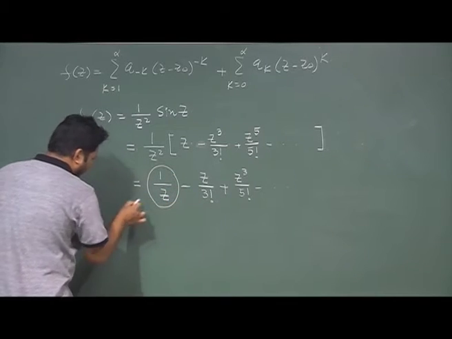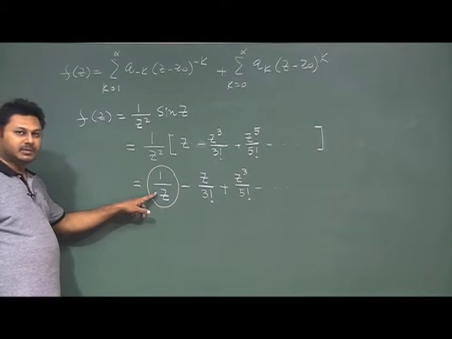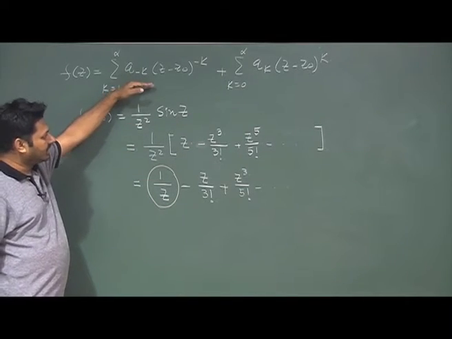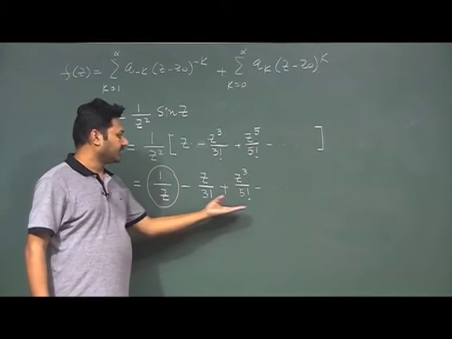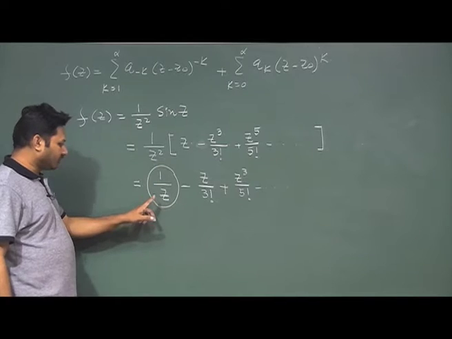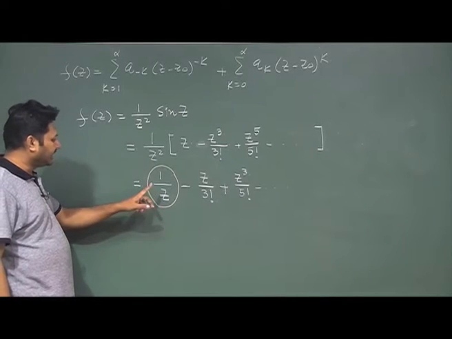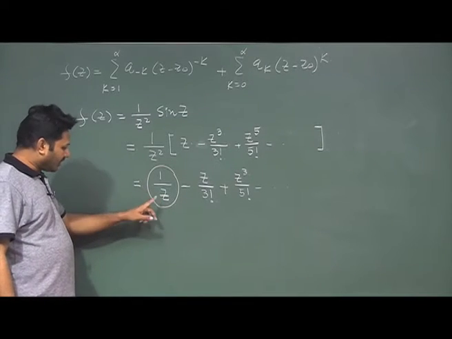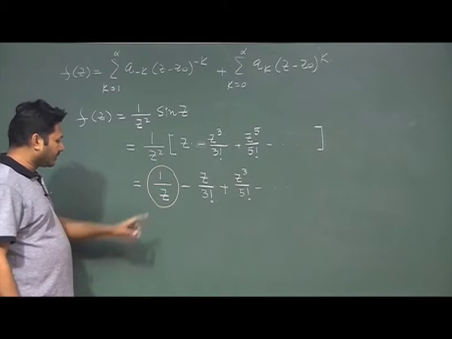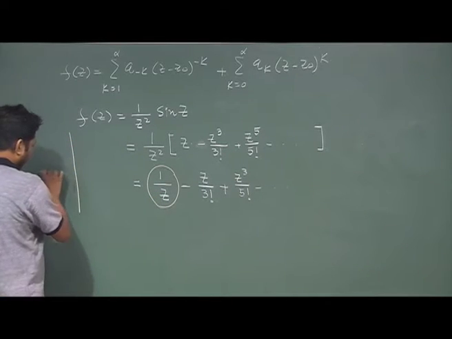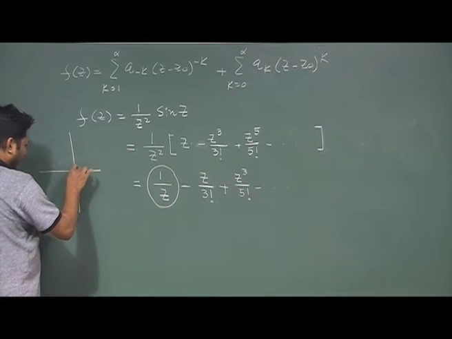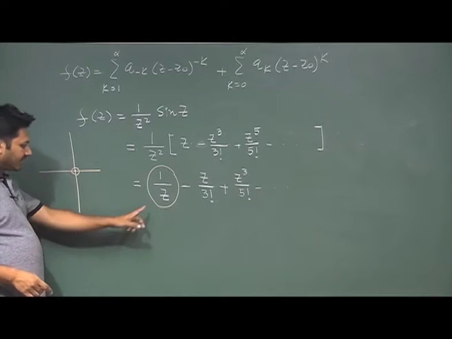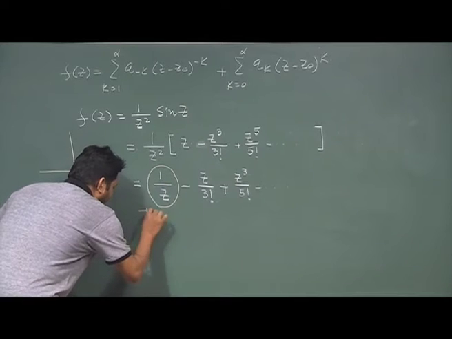But the important thing here is the term 1 by z. The 1 by z term is associated with the principal part, because if I expand, I find that only one term is associated with this part. However, there are many terms in the analytic part, but since it has one term in the principal part, we can say it has a singularity of order 1, or a simple singularity, or an isolated singularity. The point z equal to 0 is the only point where the function has a singularity; at all other points it does not have any kind of singularity. That is why it is called an isolated singularity.